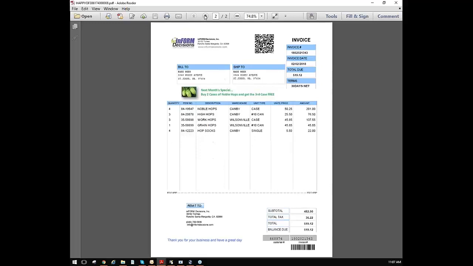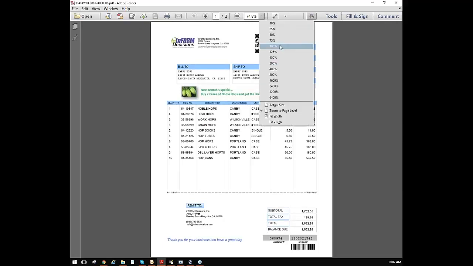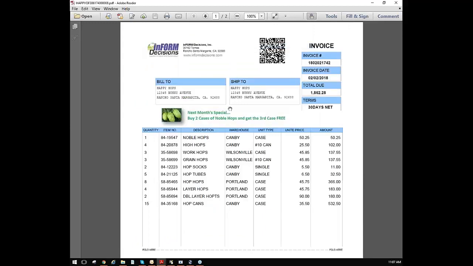You also notice as I scroll back and forth, the QR code changes quite a bit, also our barcode on the bottom, and also the address. So let's talk about some of those details right now. Let me just bring this up a little higher here on resolution. Okay, so